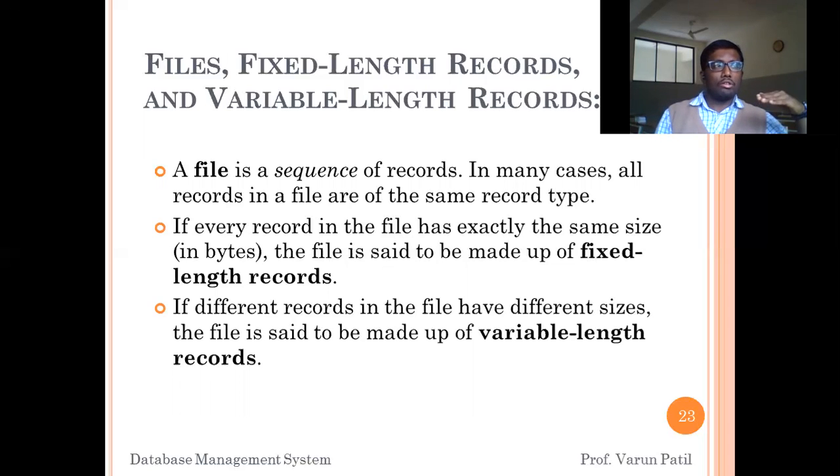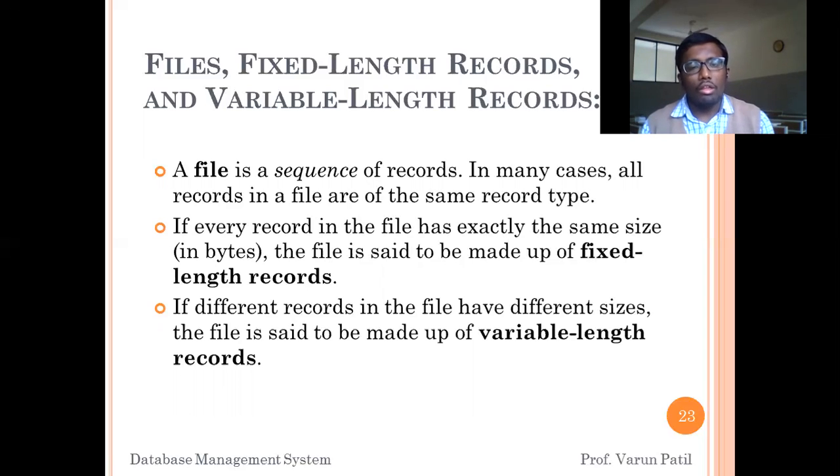If five records are there, all five records should be saved in the same number of bytes. For example, the first record with the name Ram is stored in 10 bytes. Then Rahim, Sagar, Manjunath, all these records should be stored in 10 bytes only. Then we can say that it is a fixed length record.